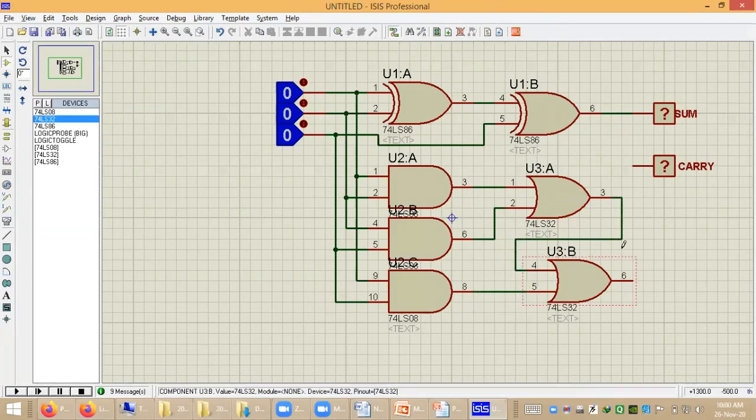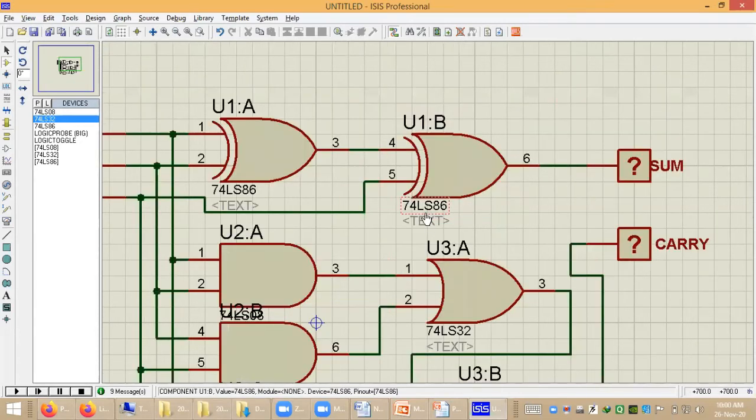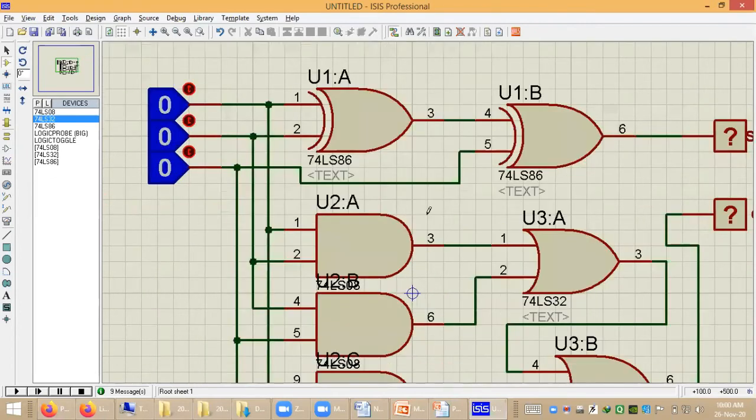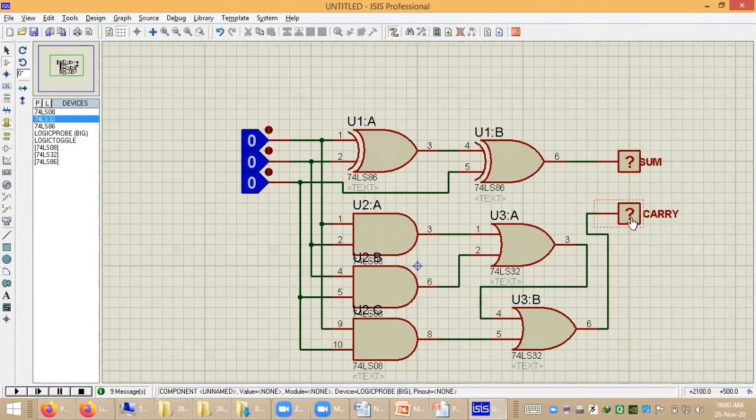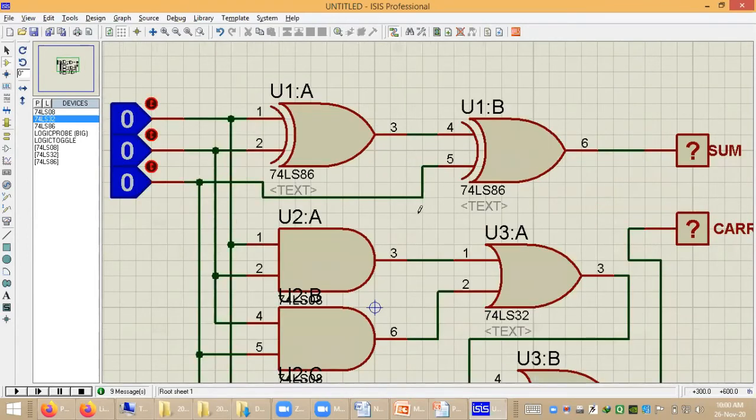So here we will get the carry. So we have just implemented this full adder circuit diagram. The first output is sum and the second output is carry. So let us play this circuit diagram.